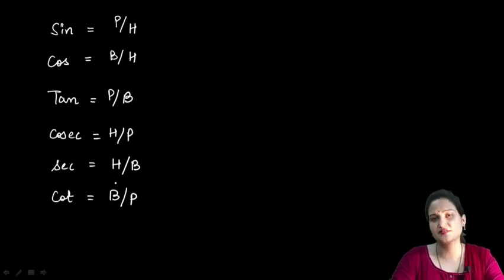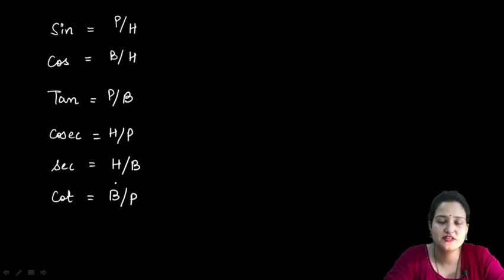This was the basics about the trigonometric ratios. Next we will discuss the values of these trigonometric ratios for specific angles. These angles are 0 degree, 30 degree, 45 degree, 60 degree and 90 degrees. How will we get these values from the diagram? I will tell you about all this in our next class.